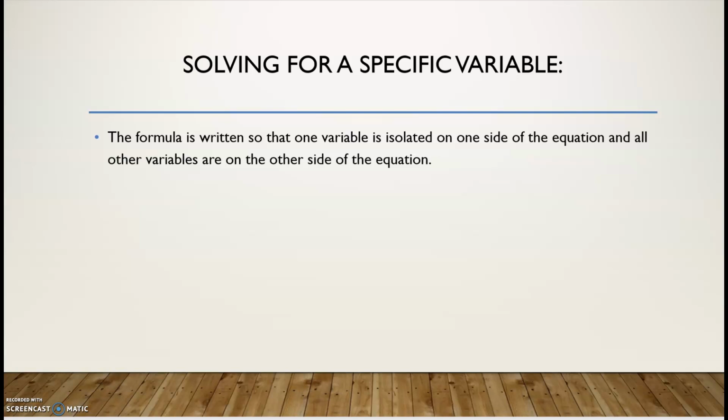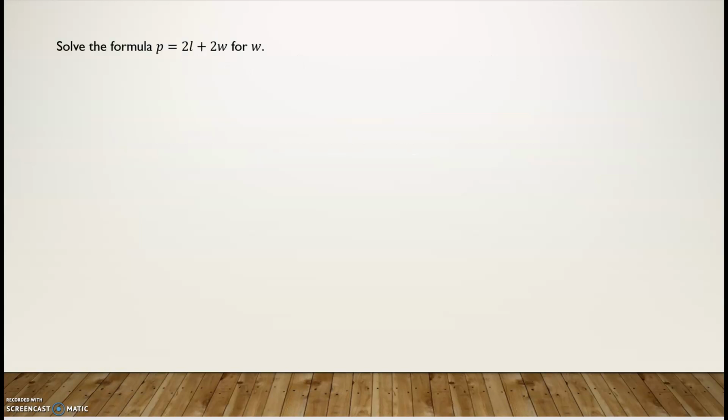All right, this is part 2 of section 2.3. Now we're solving for a specific variable. So the formula is written so that one variable is isolated on one side of the equation and everything else is on the other side of the equation. So if we're trying to solve P equals 2L plus 2W for W, then what we're going to do is